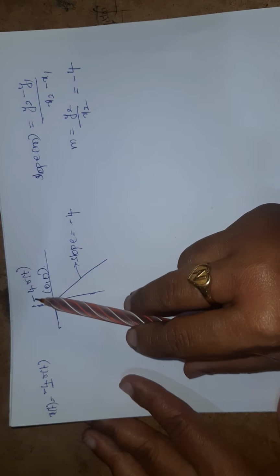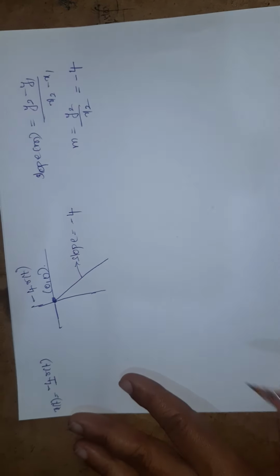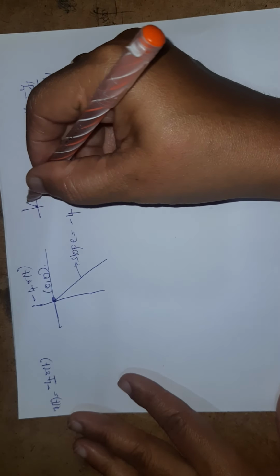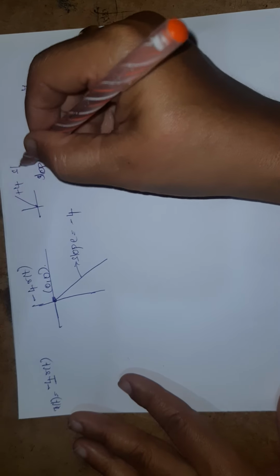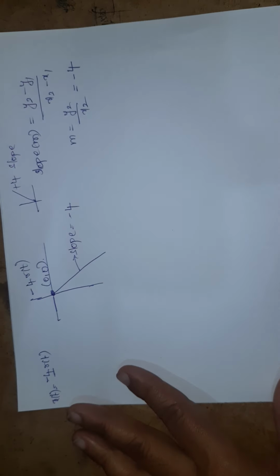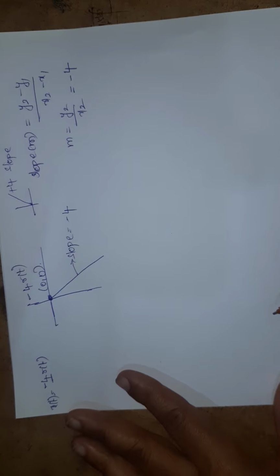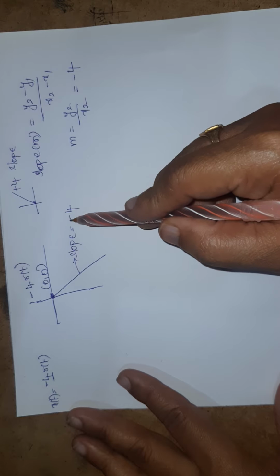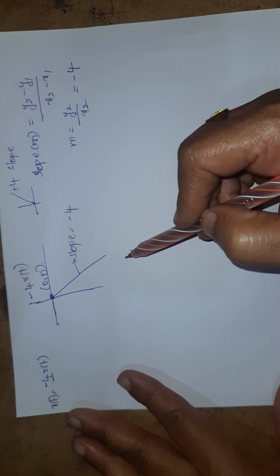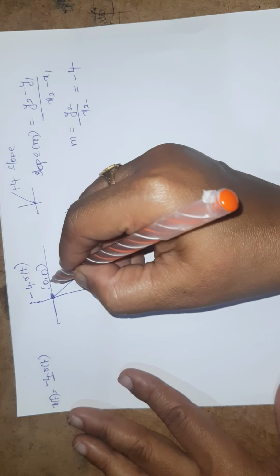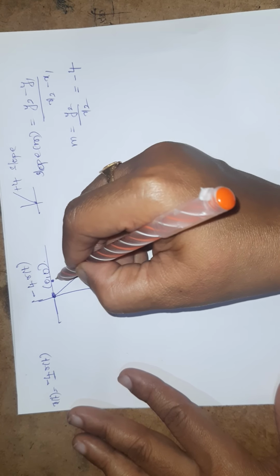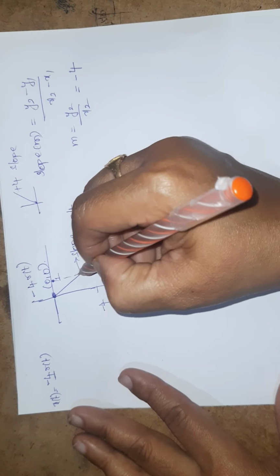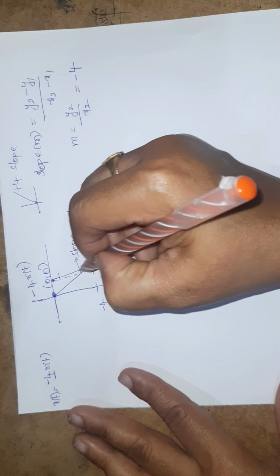And minus means always it is a decreasing slope. If plus 4 is there, then the diagram will be like this. This is plus 4 slope. The slope is increasing like this. So this is decreasing slope. That's why the slope is having a minus number inside it. So here it is 1 and it is minus 4.